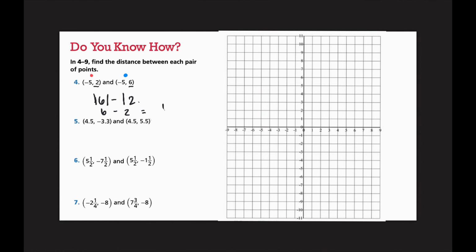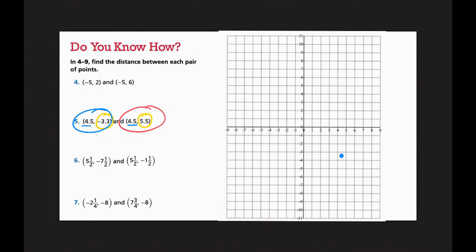All right, quickly before my iPad dies, let's do number 5. Okay, I can see that these guys are the same here on my x value, so I'm going to be using my y value to find the absolute value. So we'll use these guys for absolute value. Okay, I'm going to go ahead and plot these real quick. So we have 4.5 and -3.3. I'm just going to put that one there. We'll call him the blue guy. Okay, and then the red guy is